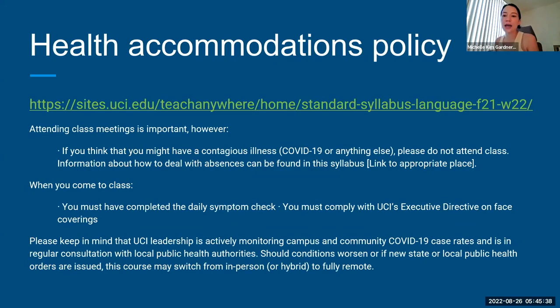So this is from UCI's Teach Anywhere blog, and it reflects campus policies and procedures for spring quarter 2022, but it's also good standard language that can be included in your syllabus for health accommodations policy. So let's face it, we are still in a pandemic whether or not the university wants us masking or not. In any case, language on class attendance might state that attending class meetings is important. However, if you think that you might have a contagious illness, COVID-19 or anything else, please do not attend class. Information about how to deal with absences can be found in the syllabus, and then you can provide a link